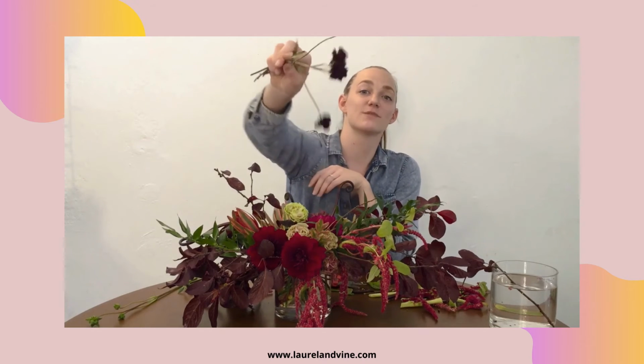These are chocolate cosmos. They're really, really tiny cosmos that appear black or really dark brown, or even a really dark burgundy. So we're going to use these just as a fun little texture. As you can see, they're quite whimsical. So we're just going to poke them out of the design just to make it more interesting. Here it is, our spooky and moody and dark